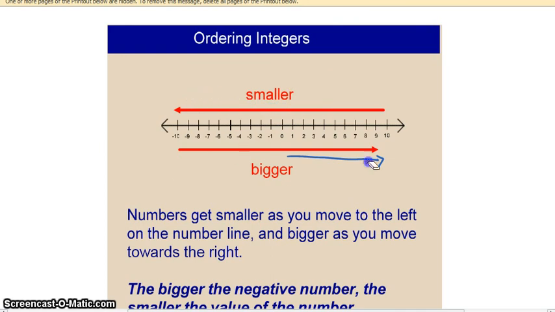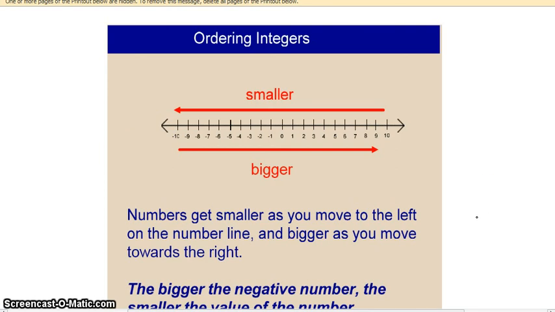Also, the way the number line is numbered is that the smaller numbers are always over here on the left, and the bigger numbers are on the right. And the further you get on the right, the bigger they get, and the further you get on the left, the smaller they get. With integers,